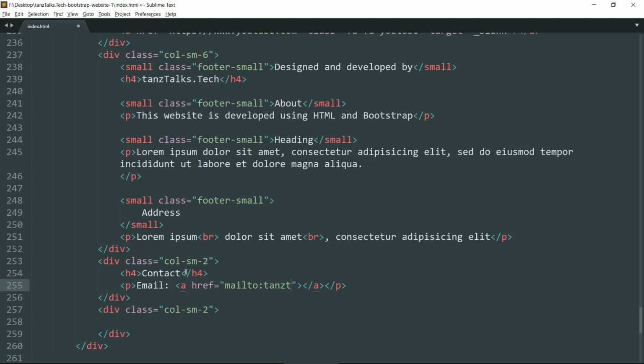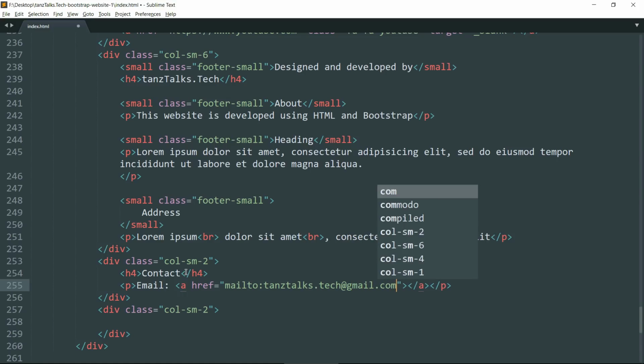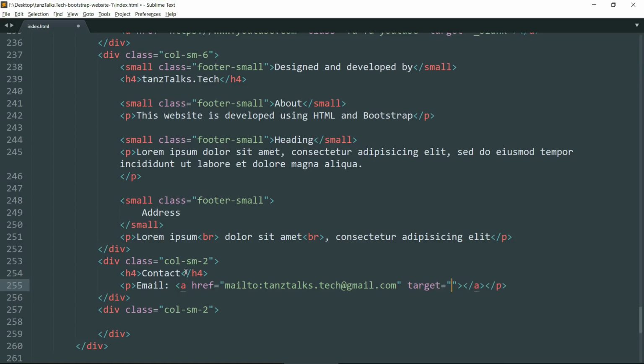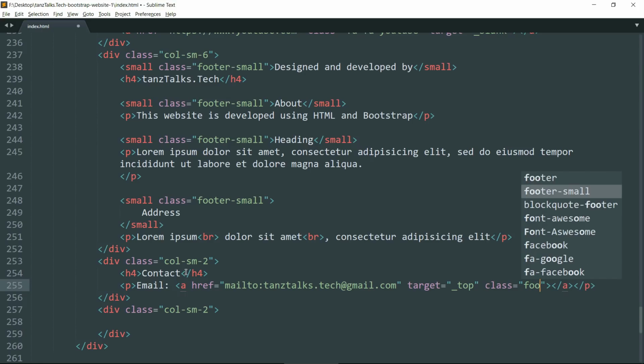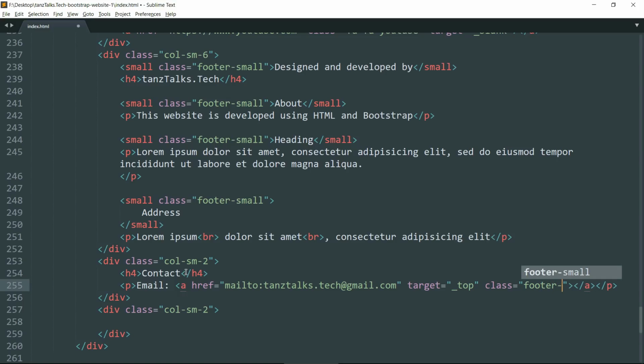I'm writing my email ID, talks.tech@gmail.com, and target as underscore top and class as footer hyphen link. Now close a tag and drop down and create another p tag.